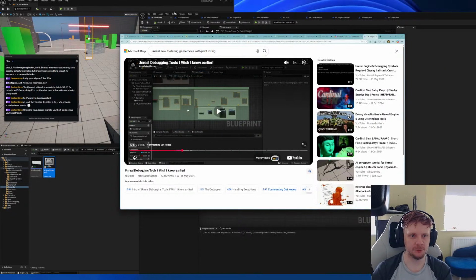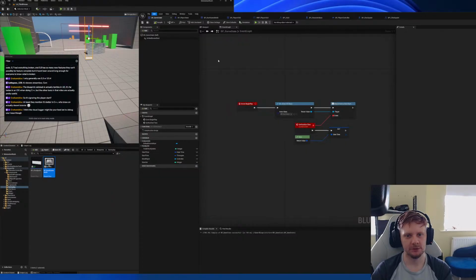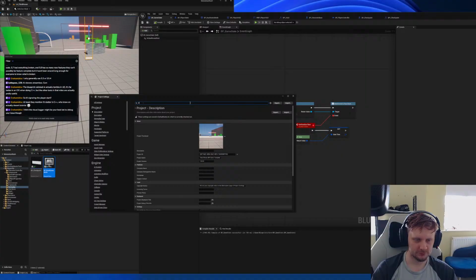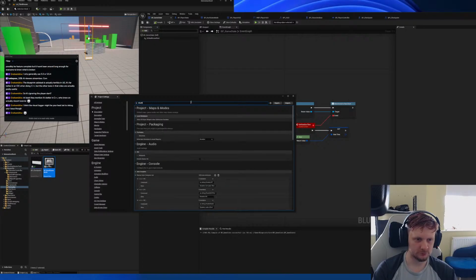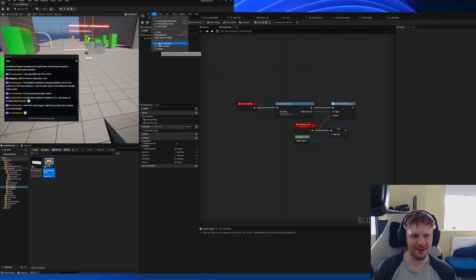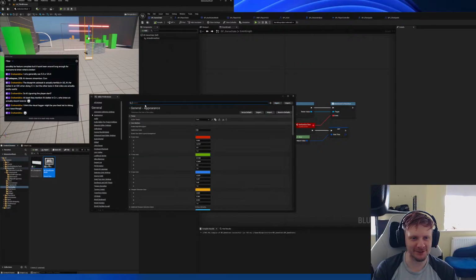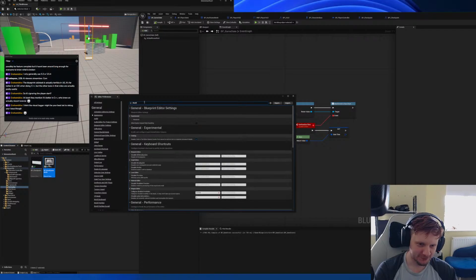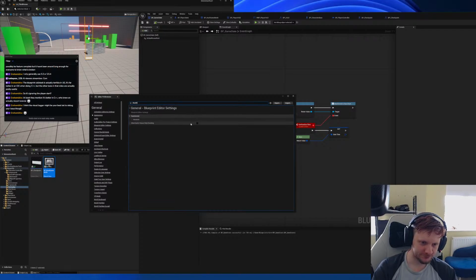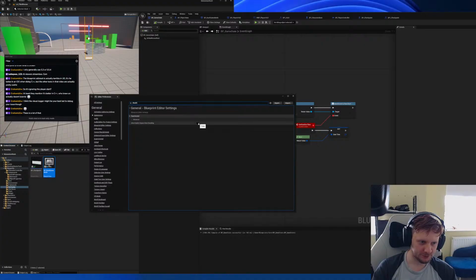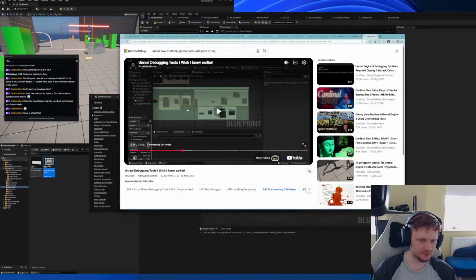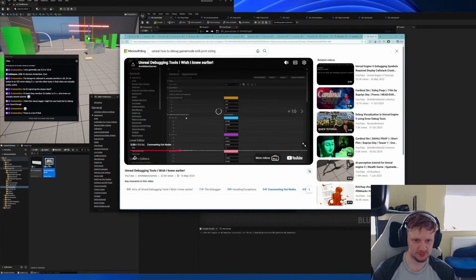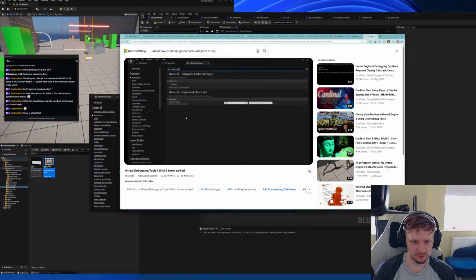Why is this not on by default? What the fuck? Why is this not a thing by default? Is this it? So in this, go explicit node disabling. We can speed that up by enabling node